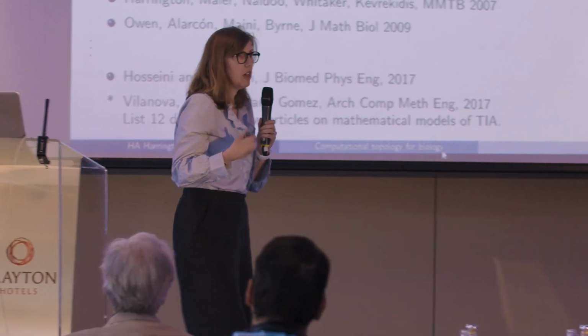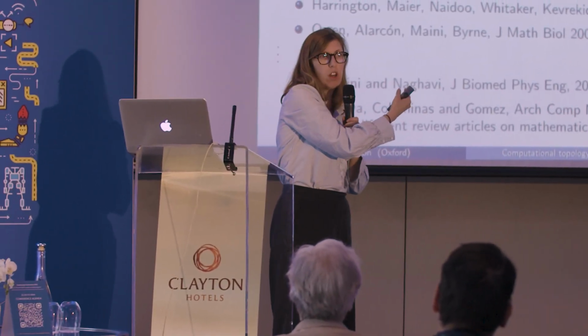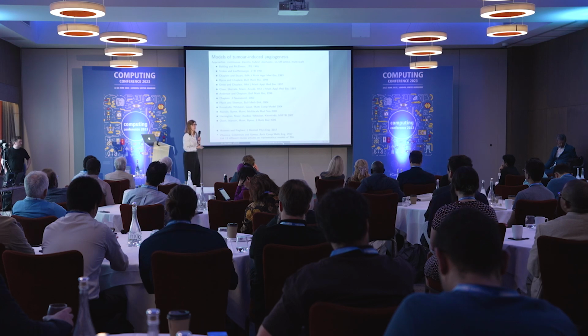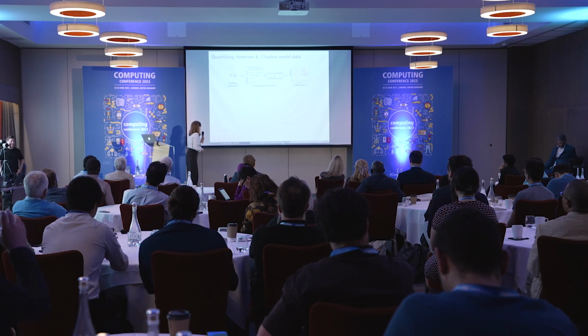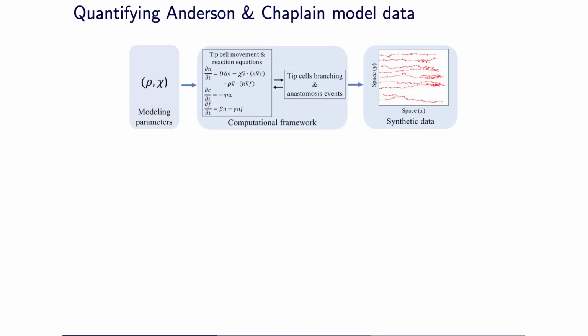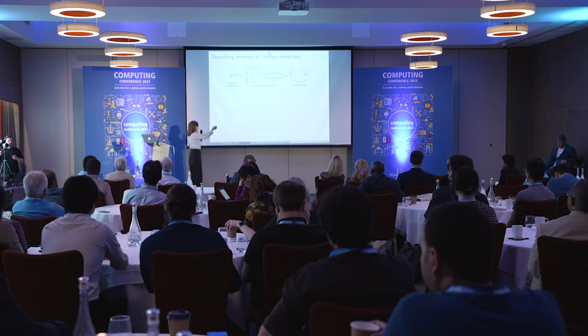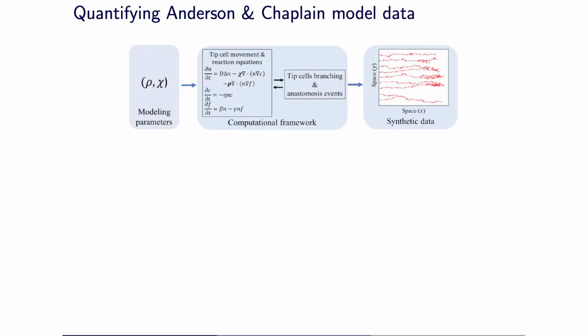And these are mechanistic models. So I mentioned that, and there are hundreds of these models. In the UK, it's one of the strongest places for looking at models of angiogenesis, this new vasculature near tumors. So what we can take is our modeling parameters, this computational framework, with the models of tumor-induced angiogenesis, and we can generate a lot of synthetic data, where we're looking at the growth of blood vessels, where you might have a tumor on the right and the initialization of the vessels on the left.